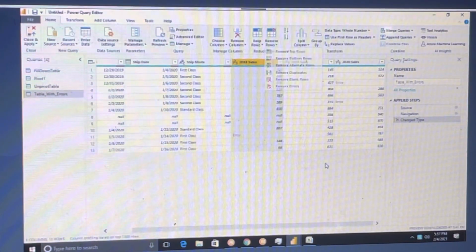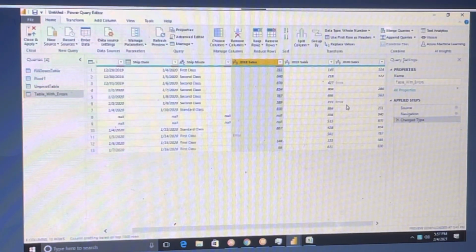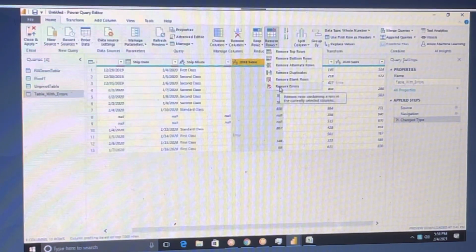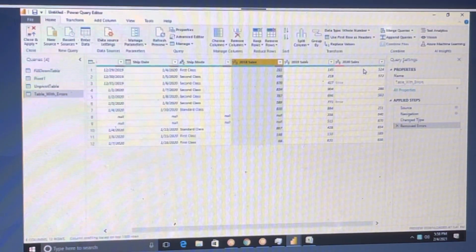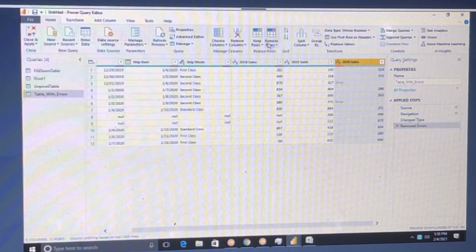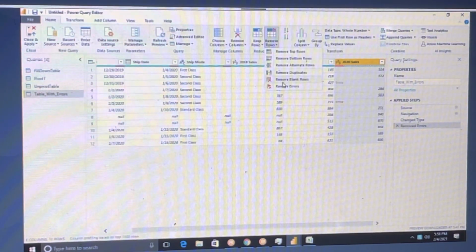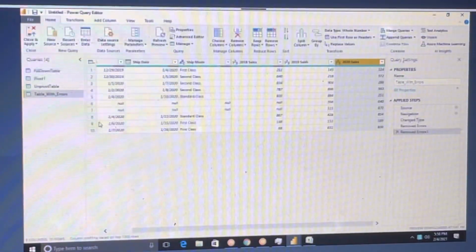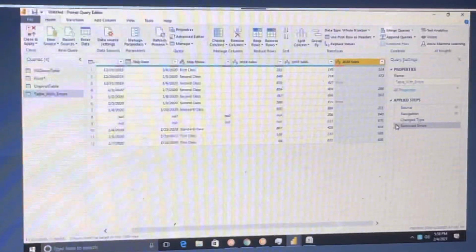If I remove those 2 errors, the entire record will be gone. Let me show you remove errors. From this one the errors are gone. Now here also remove rows, remove errors. Previously we had 13 records, now we have only 10 records.